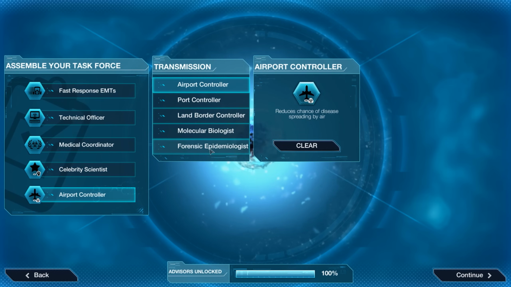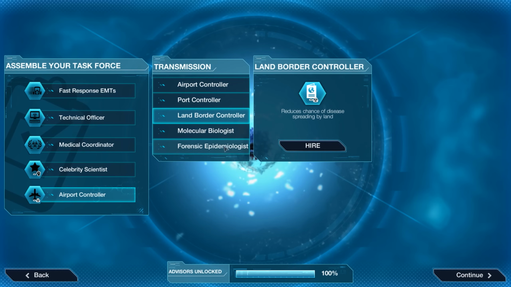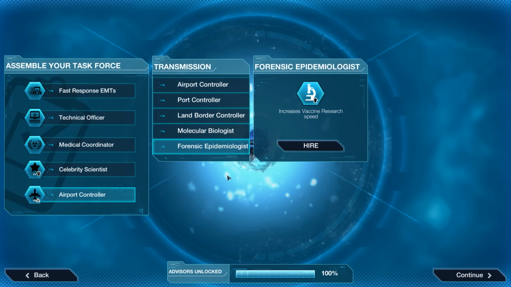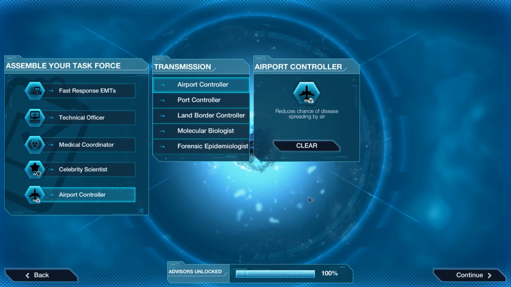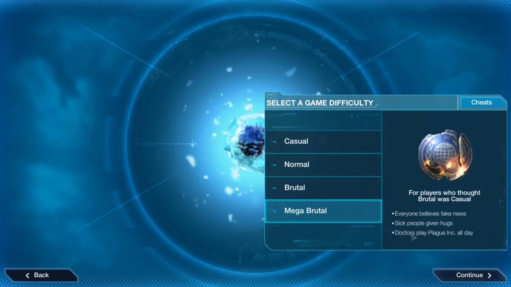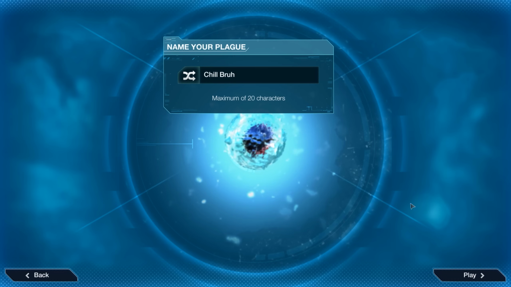And then for your last pick, you can either go with the airport controller, the land border controller, or the forensic epidemiologist. I actually don't recommend this because while vaccine research speed is great, in this scenario, it's easy to lose track of the infectivity, so anything that helps you reduce the chance of spread, in my opinion, is going to be very good. Let's go ahead and get started on Mega Brutal, and I'm going to call this one Chill,